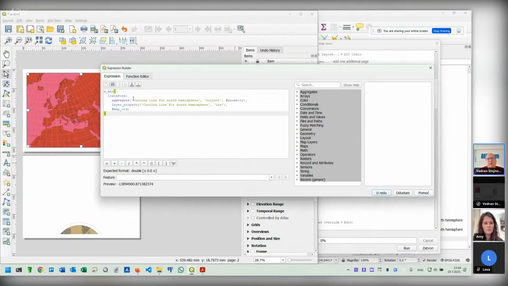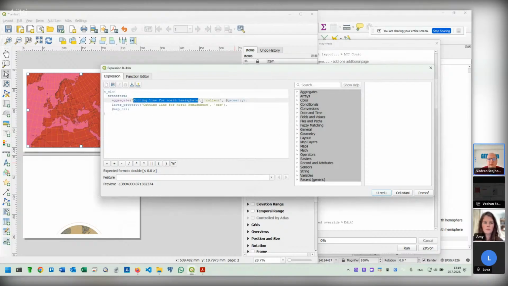This time we are not transforming a rectangle because the base of the map is not a rectangle, but this, how is it called? Compass shape or something like that in English. We are using the cutting line for North Hemisphere layer, and we are transforming this geometry